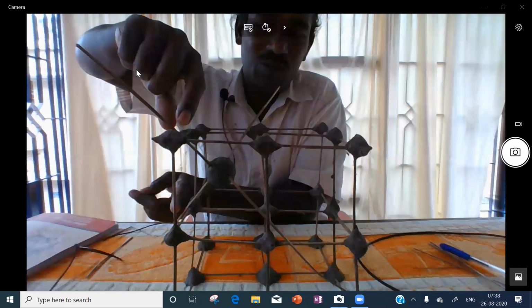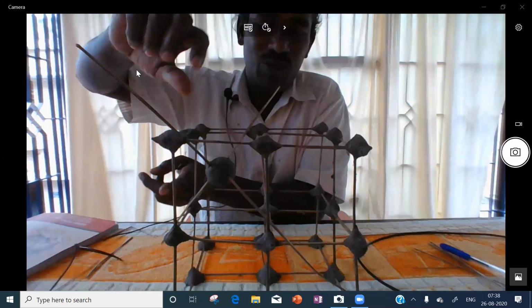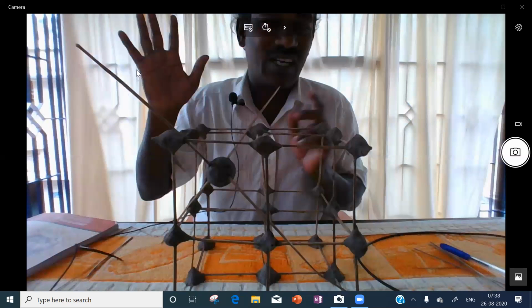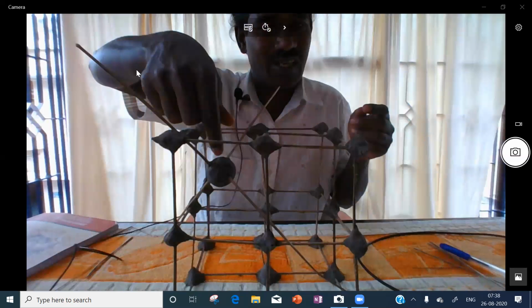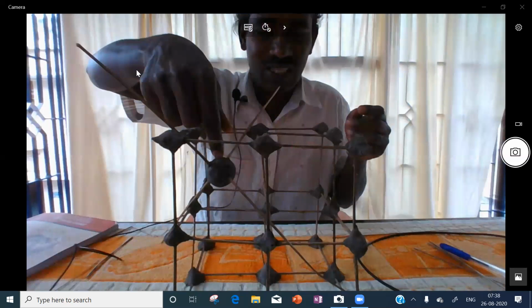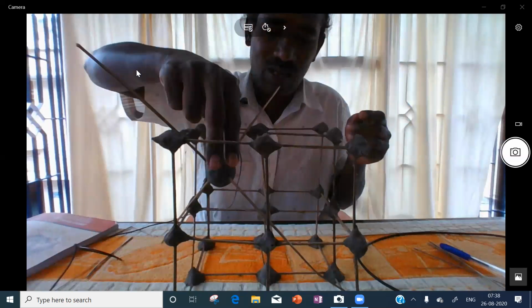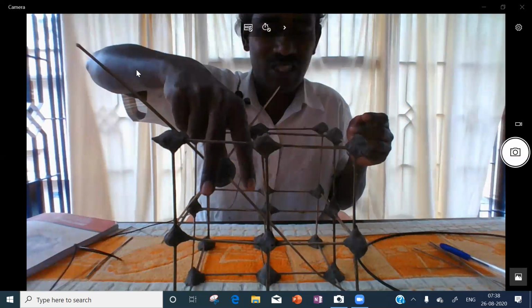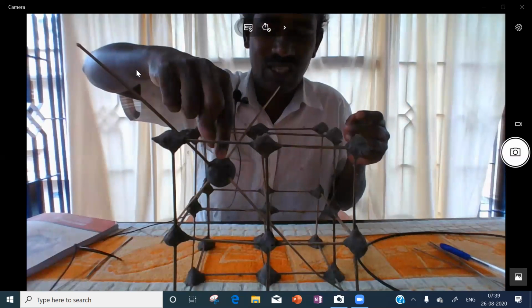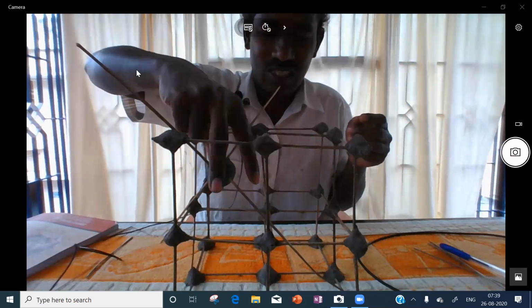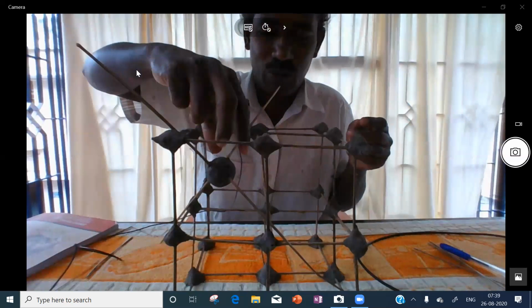Joining these four, you get a tetrahedron. This is a tetrahedral shape. Now this center point is almost the center of this small cube.